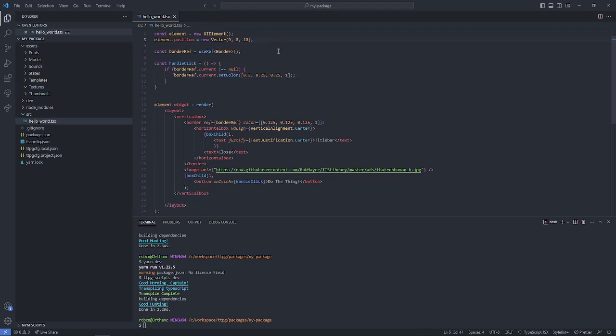I need this handleClick. Now, there is a thing about this. If at some point you clear out a widget from your library, like if throughout the life cycle of your UI you delete this border element, JavaScript still has a reference to it in this object. So whenever you delete an element from the UI, you might want to call borderRef.clear. So like, let's do